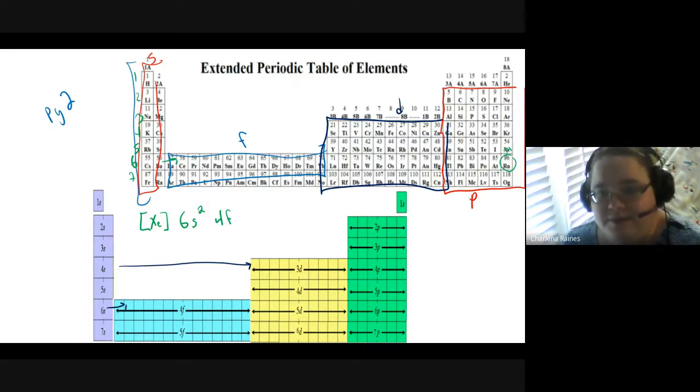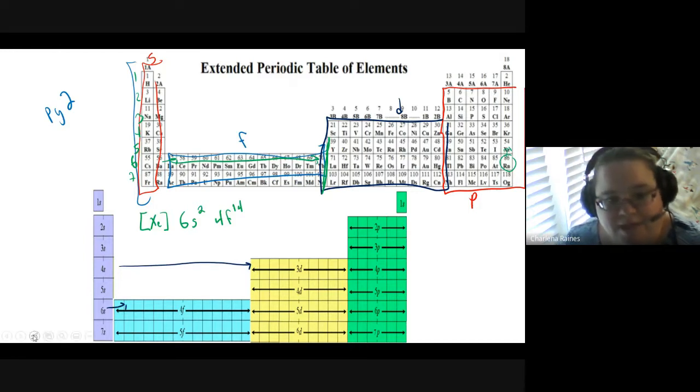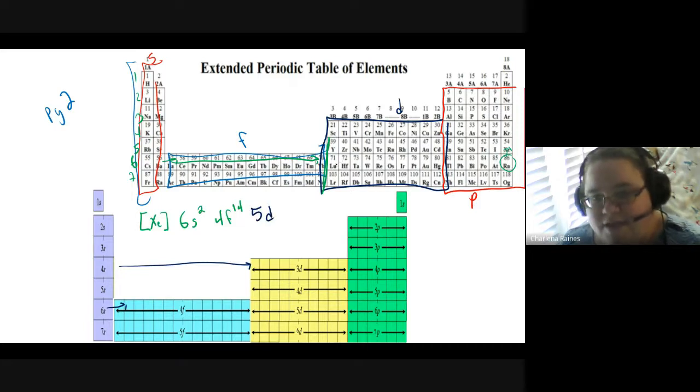Count the number of columns, count the number of parts of that table. Remember, it stops when we get to the next taller part, and it lets you easily see that it's 14 elements, 14 electrons in that part of the table. After F comes my transition metals, my D block. We're still in the 6th period, but D is always 1 less, 5D. And if I counted, I would see that there's a total of 10 electrons here,